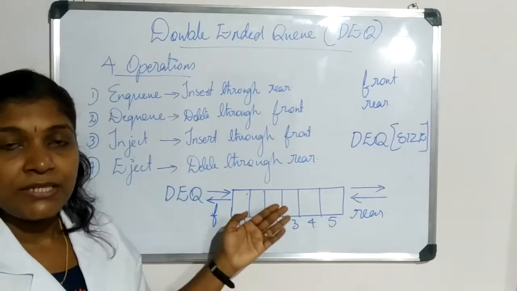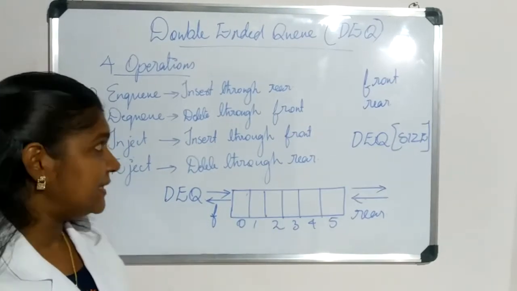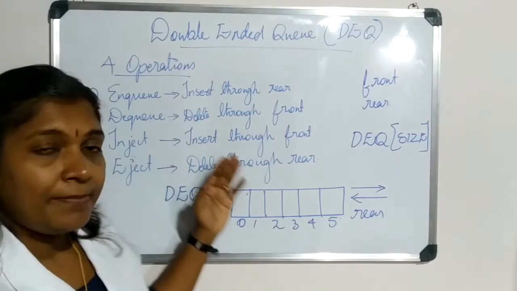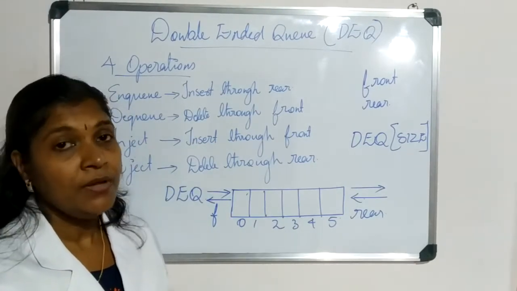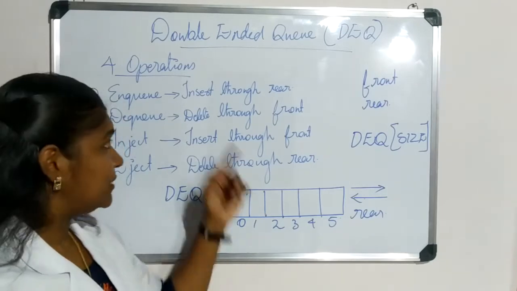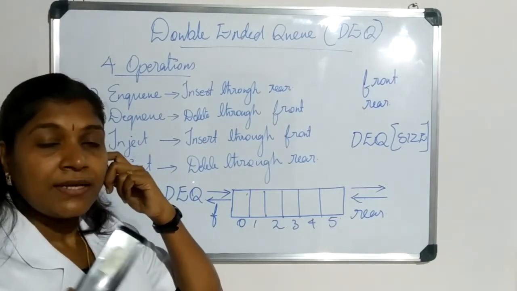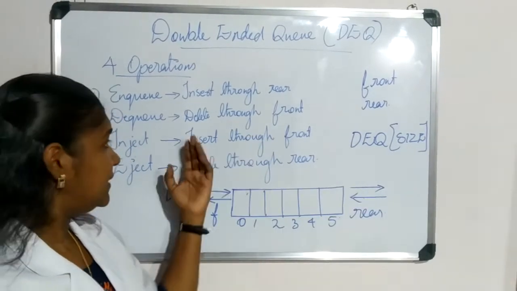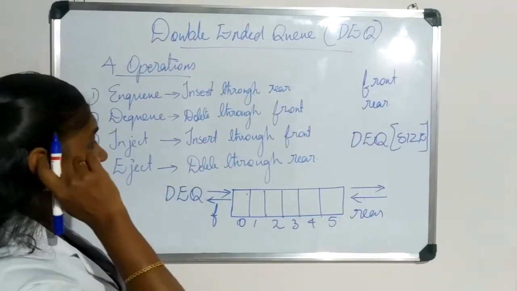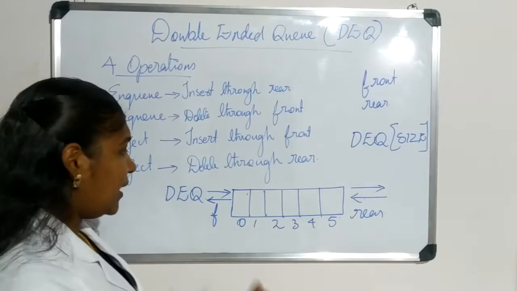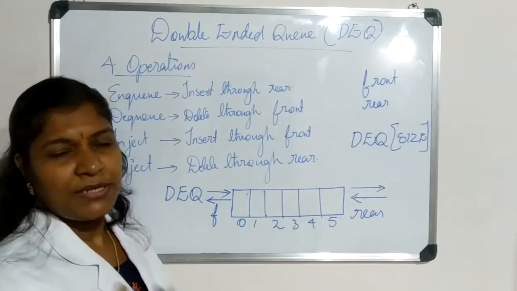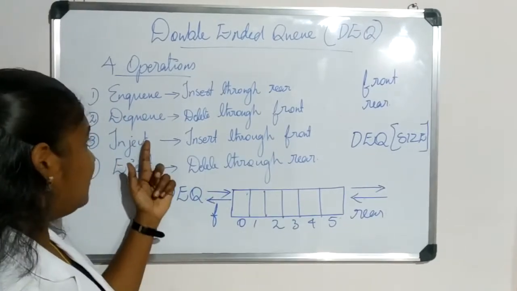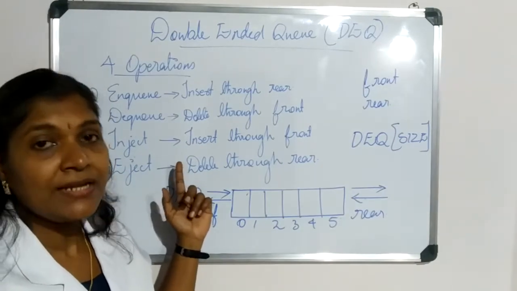Now we will consider each of the operations in detail. And let me remind you, the first 2 operations are the same as those of our normal queue. So I'm not going into the explanation of NQ and DQ, okay? Because we have already covered the topic and you have the concept. Only if you are clear with that concept can we move on easily. Otherwise, it is tough to understand these 2 concepts. If we don't have a clear idea about front and rear, then it would be tough to understand injection and ejection. So first you make that concept clear, and after that we will consider the codes of inject and eject.